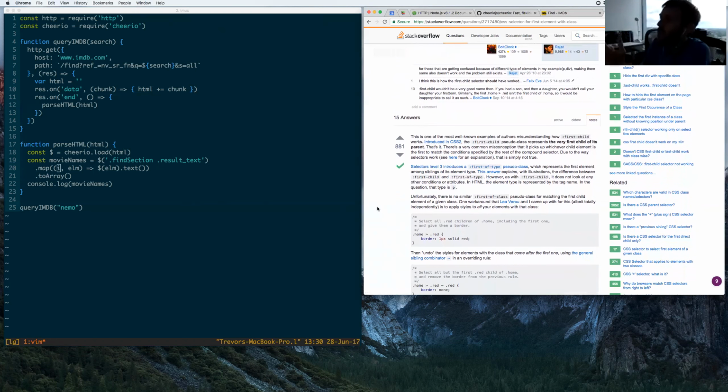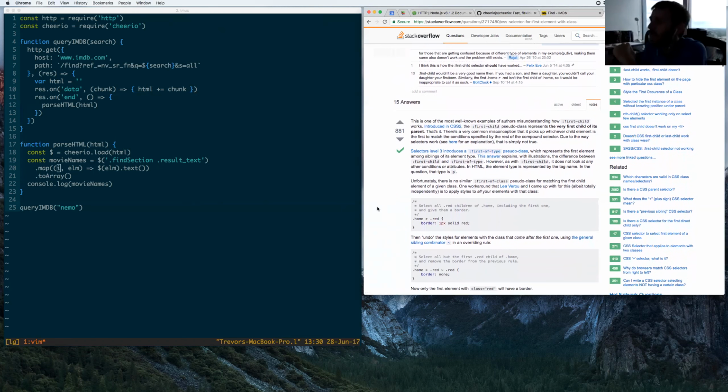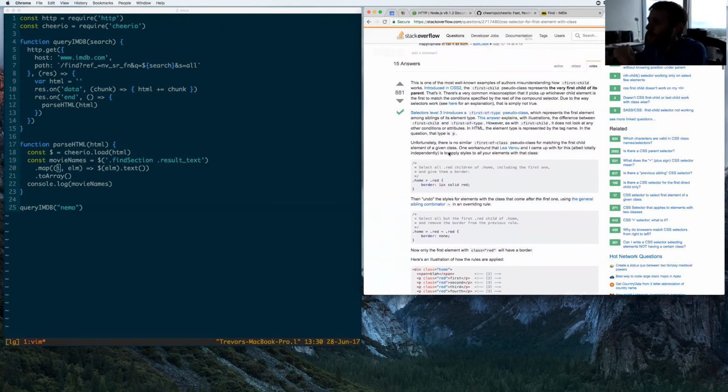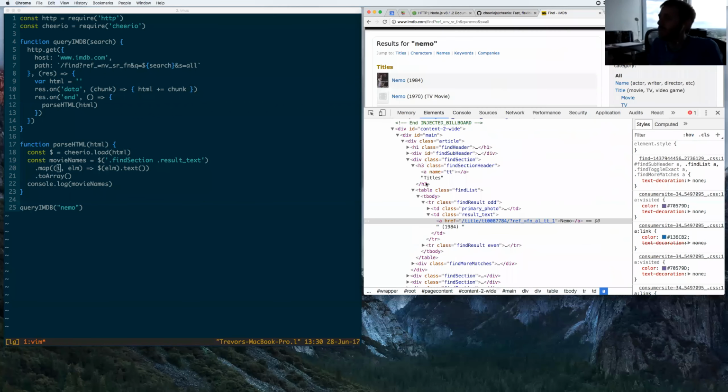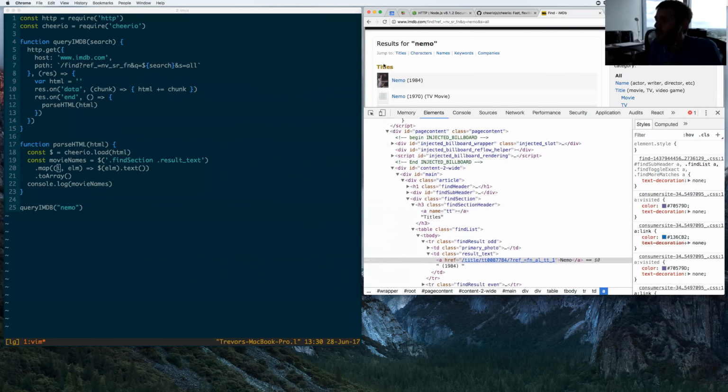This is well-known, for example, first-child selectors: it's the very first child of its parent. Well, that's not exactly what we want. First of type represents the first element among siblings of its element type. Okay, so let's look at this and see if this thing that we're looking for, this titles, lives in a